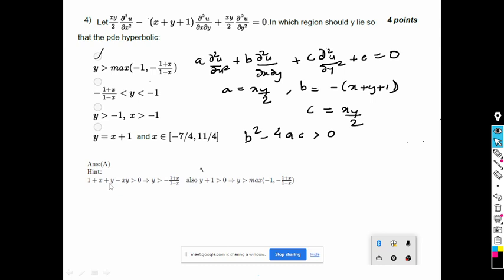The central difference approximation for this second order partial derivative with respect to x is given by u_(i+1)^n minus 2 u_i^n plus u_(i-1)^n upon delta x square. Here h square denotes the increment, that is delta x square, plus beta times